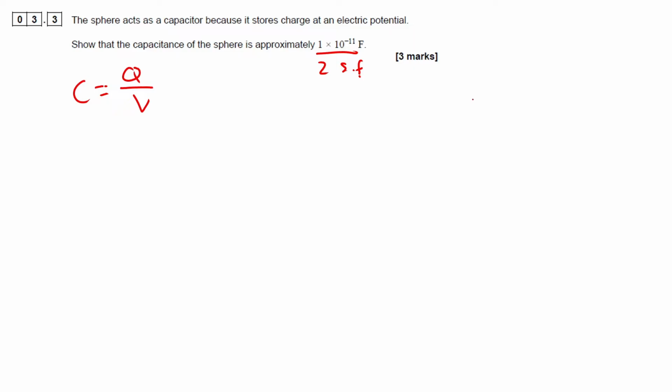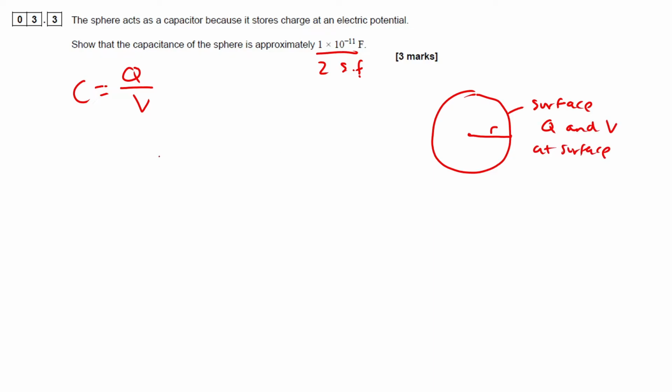So remember, if I just draw this out, we've got the sphere, here's the distance from the center to the surface of the sphere, and this is the surface. So I just need the charge and V at the surface. Now we worked out that charge in the previous question to be 2 times 10 to the power of 6. And we also worked out, we can work out V from the graph at the surface. So if we go back and look at the graph, we can see,